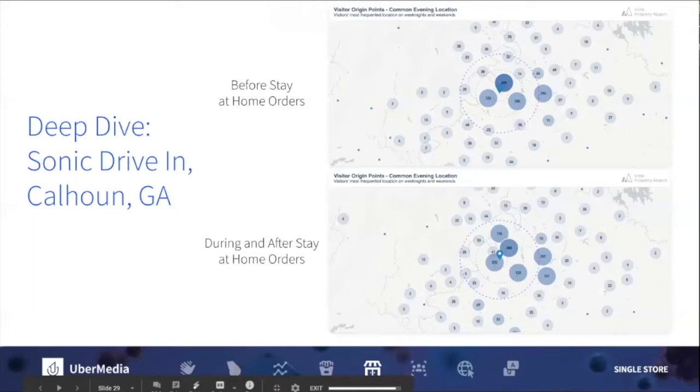So we looked at a Sonic drive-in in Cajon, Georgia. And what we pulled here are the common evening locations of the devices that we saw in the polygon of that Sonic. So these are customers to that Sonic location. And what we did then is pull their common evening locations. So where does their phone sit mostly during the evening hours, and what does that mean in terms of origin